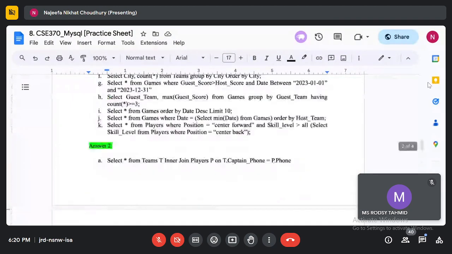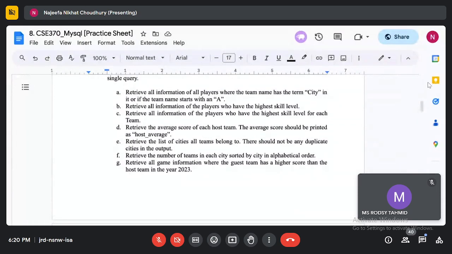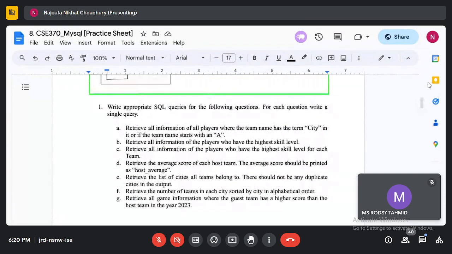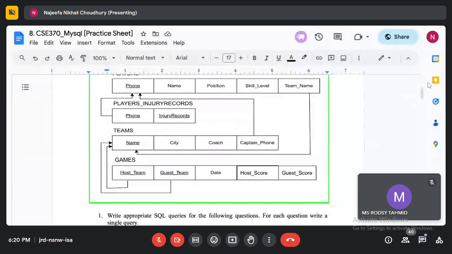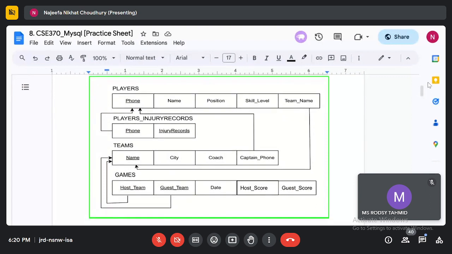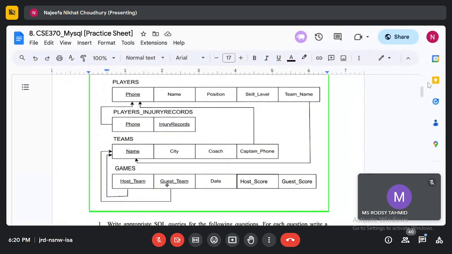Subqueries are when we have one query inside another query, sometimes also known as a nested query. Let's say I want to find the name of the player who has the highest skill level.